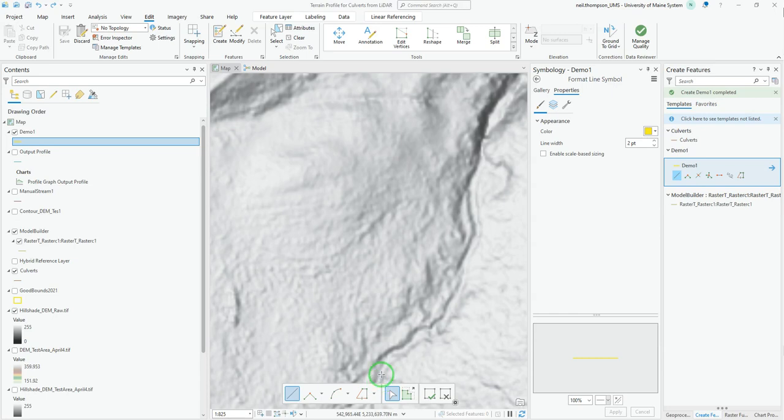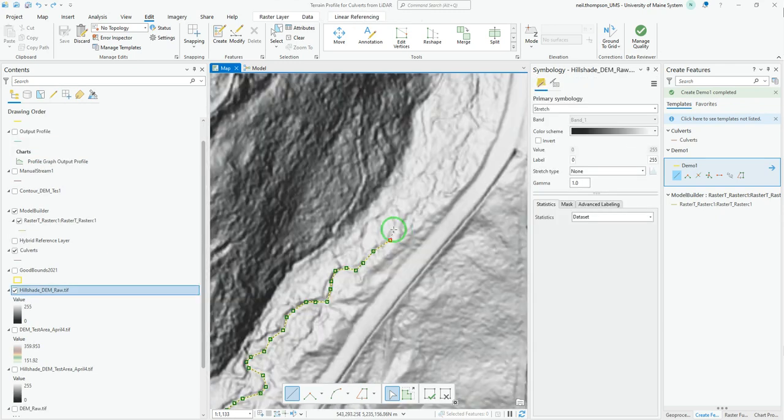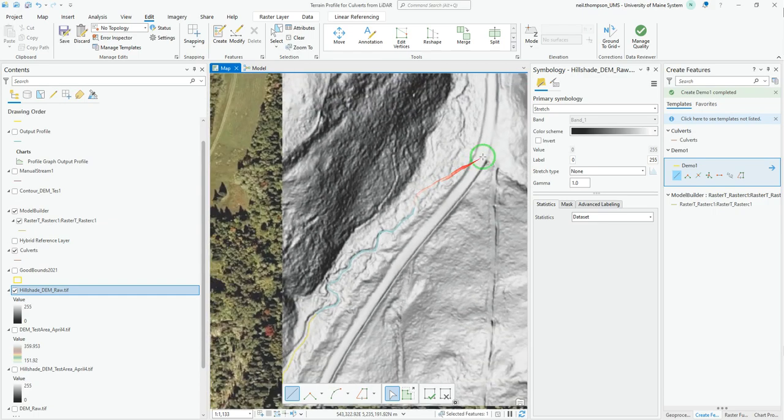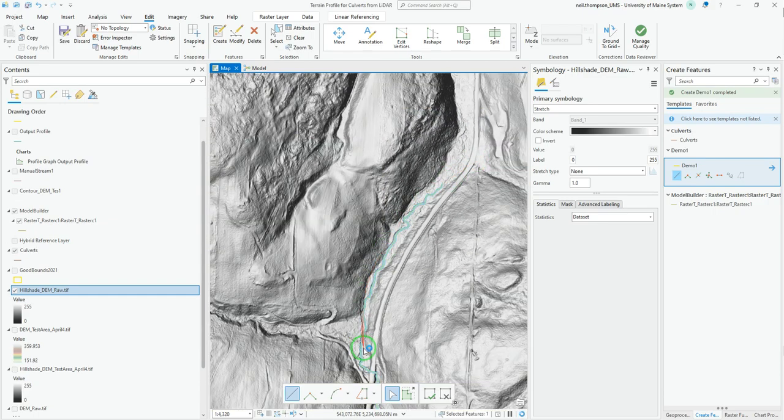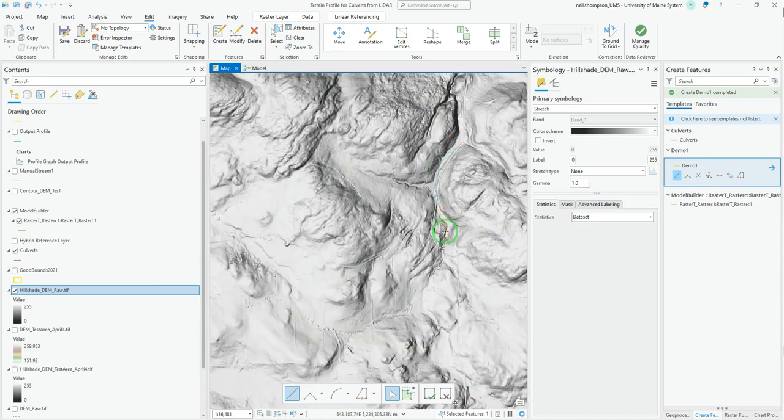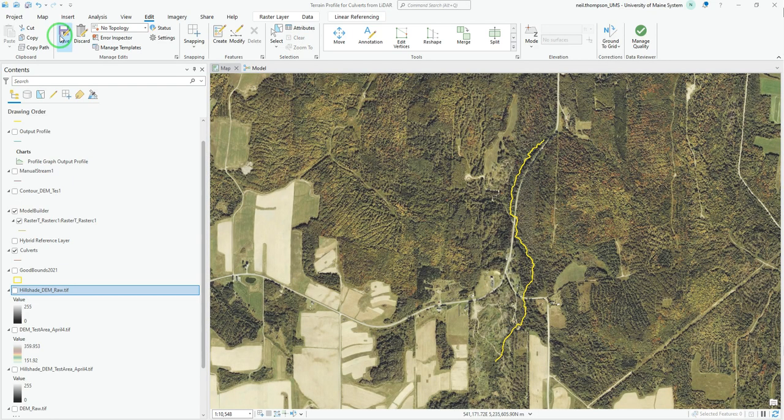So I can see my stream channel fairly well on this multi-directional hillshade. I'm going to follow that as best I can, and we will check in on the other side. And at this point I'm feeling like we've got about far enough, so I'm going to wrap that up. We have our original site here, we've come down there, and started above these other crossings here. Now I'm going to make sure to save my edits, and then we're going to get into an issue that